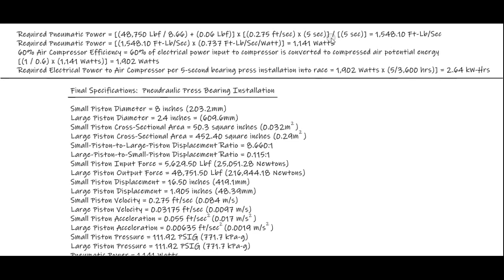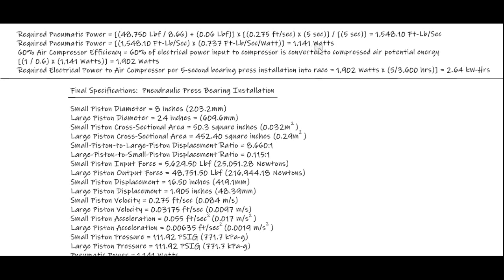Work itself is in foot-pounds, and power is in foot-pounds per second. So this computes 1548.1 foot-pounds per second of pneumatic power during the 5-second cycle, but that's per second. The duty cycle time is 5 seconds, but it's a 1548.1 foot-pound per second cycle power at the pneumatic load. And then we compute that into wattage. We know that 0.737 foot-pounds per second is equal to 1 watt. So when we multiply the foot-pounds per second mechanical power by the conversion factor of foot-pounds per second to watts,